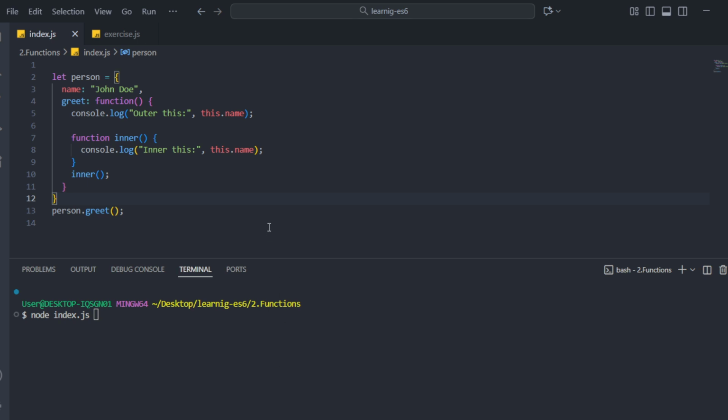Here you have a person object. This person object, as you can see, has a name property and a greet function. Inside this greet function I have an output message saying outer this.name, and I also have an inner function within the greet method, which says inner this.name. I'm calling this inner function, and I'm also calling the greet method by saying